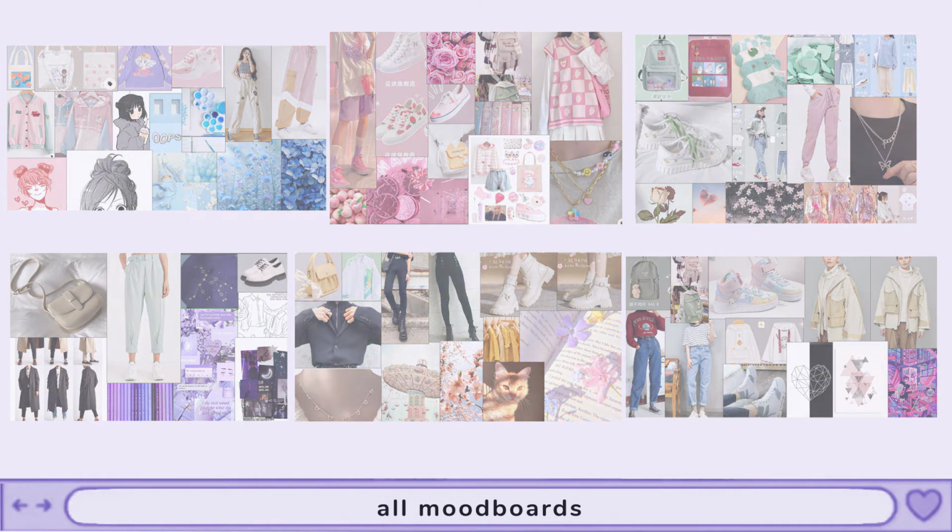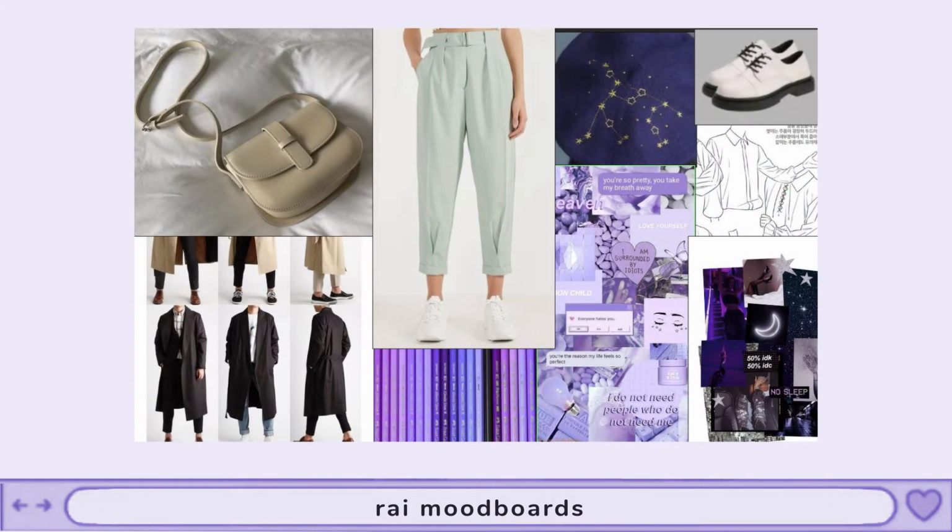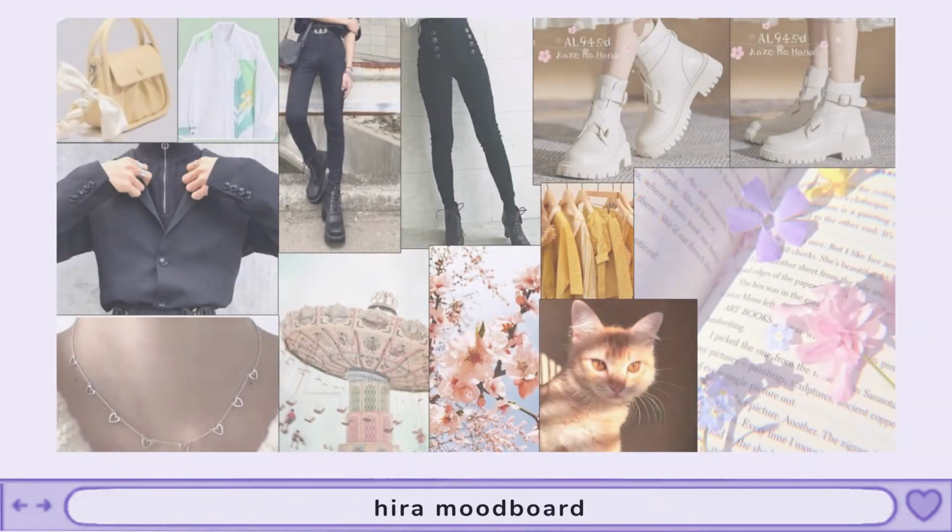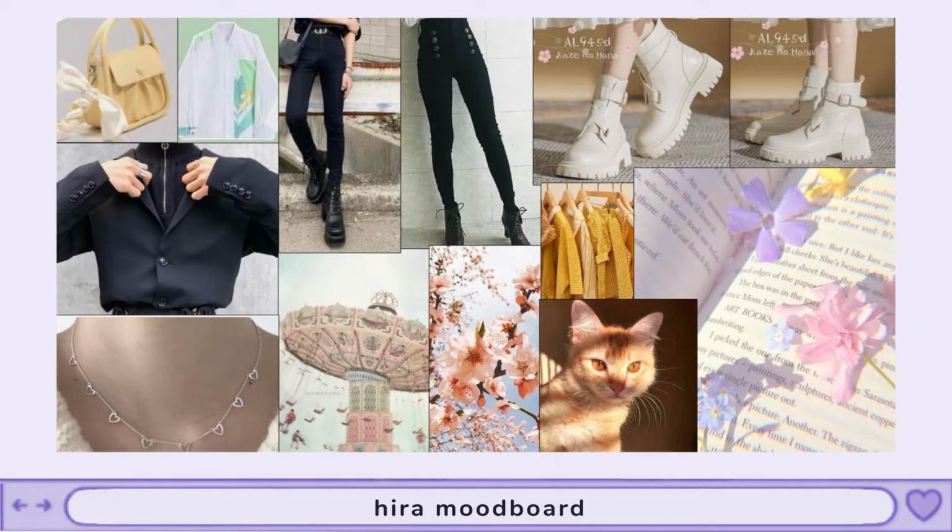And you can see that for Rai, I wanted him to be inspired by space core, and with that some stars and constellation patterns. And for Hira, I wanted him to also have a flower pattern inspiration mainly, but still a little different from Yumi,